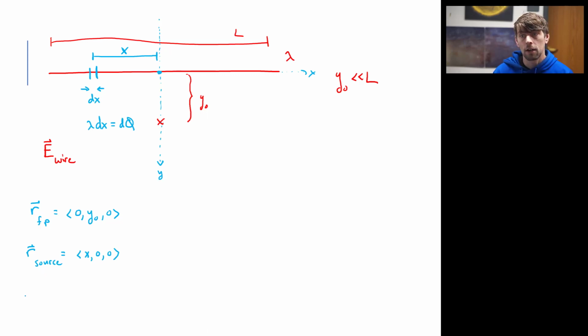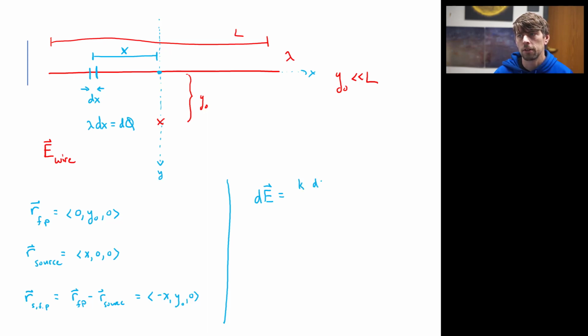Well, now that we have that, our relative position vector pointing from the source to the field point is simply given by the position of the field point minus the position vector of the source. Or, if you prefer in triplet notation, this should be negative x, comma, y naught, comma, 0. Following the same song and dance, we now say that the infinitesimal contribution to the electric field is simply Coulomb's